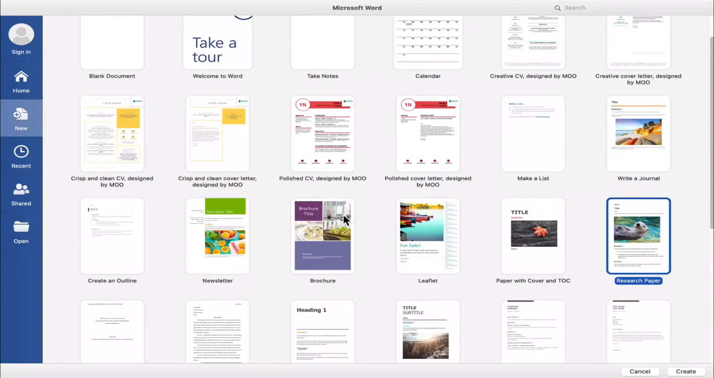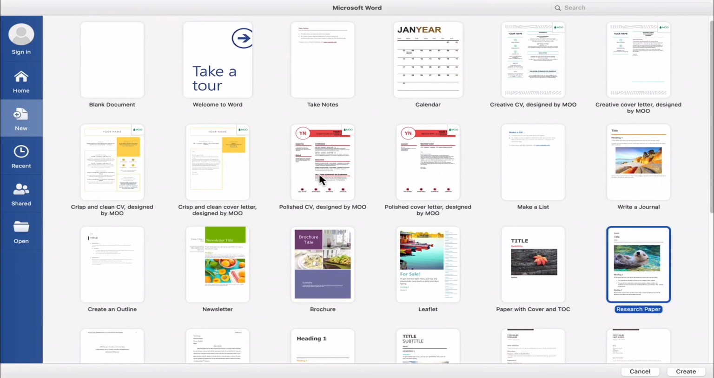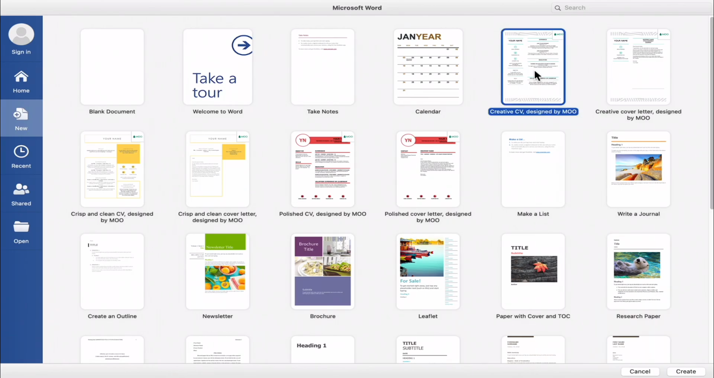So we've got brochures here. We could create a brochure for a company, a newsletter. You can create nice CVs and cover letters. And there's really good options in here. If we click on this very first one here,